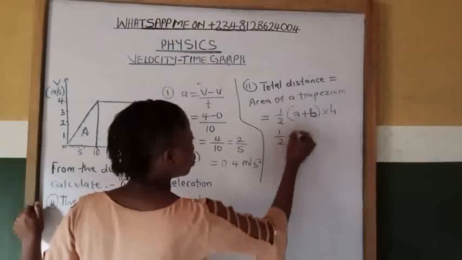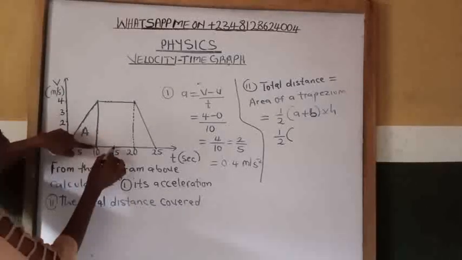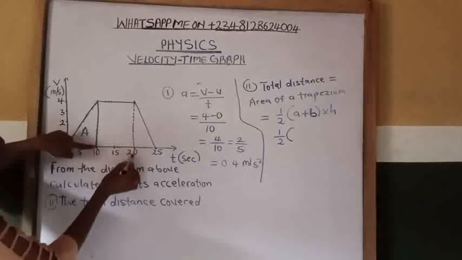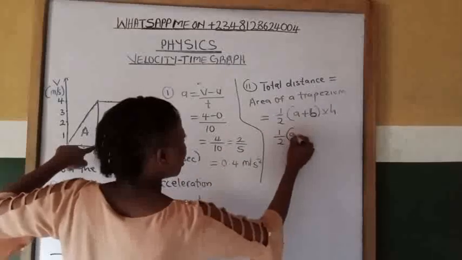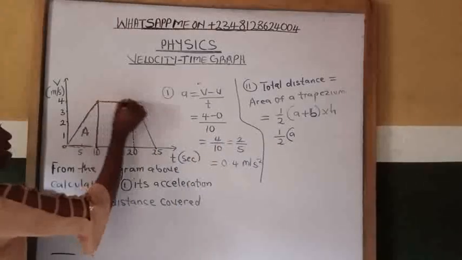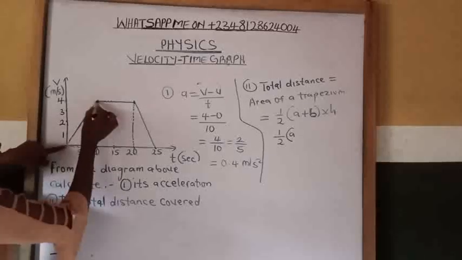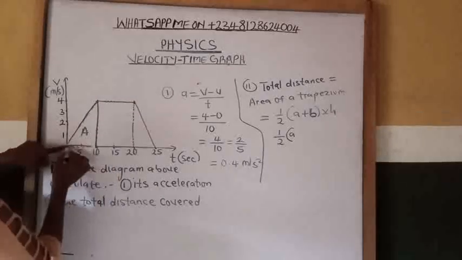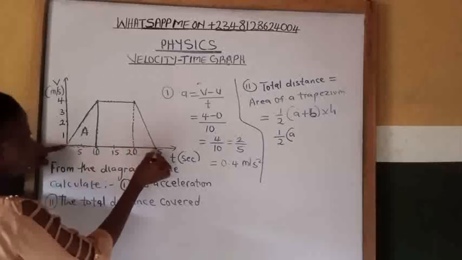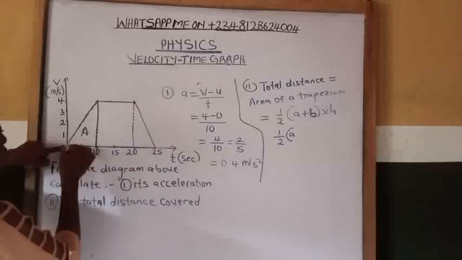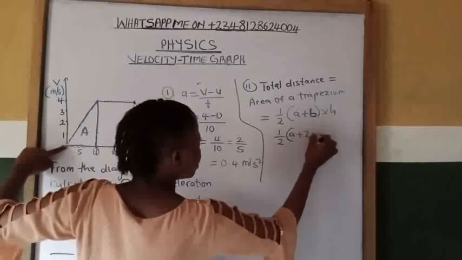So 1/2 into bracket. From here to this place is 10, from here to this place is 5, plus another 5 will give us 10. Or you say 20 minus 10 will give me 10. That is my A, this length. Then the second parallel line. Don't forget that this is the first parallel line. The second parallel line is this. From here to this place is 25. That will be my B. Plus 25,